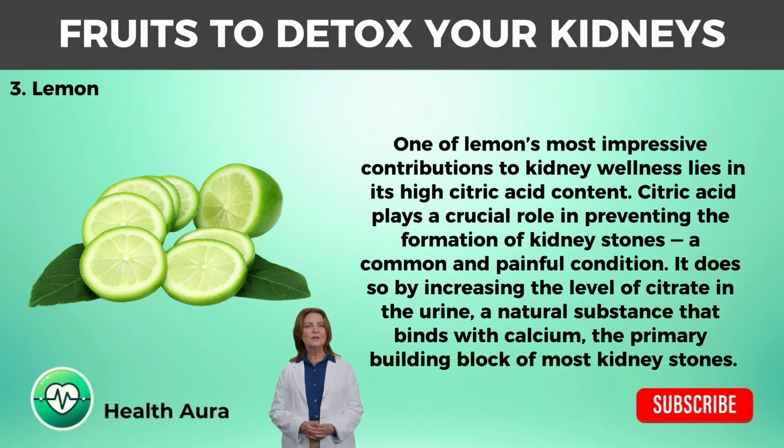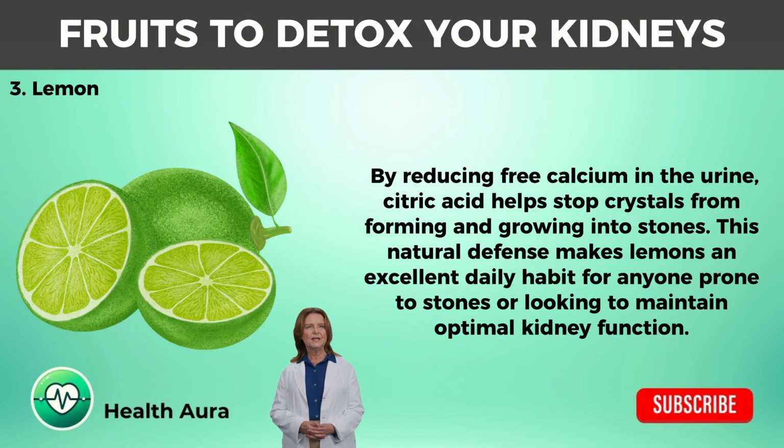One of lemon's most impressive contributions to kidney wellness lies in its high citric acid content. Citric acid plays a crucial role in preventing the formation of kidney stones, a common and painful condition. It does so by increasing the level of citrate in the urine, a natural substance that binds with calcium, the primary building block of most kidney stones. By reducing free calcium in the urine, citric acid helps stop crystals from forming and growing into stones. This natural defense makes lemons an excellent daily habit for anyone prone to stones or looking to maintain optimal kidney